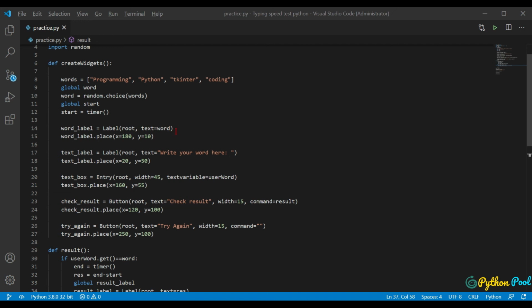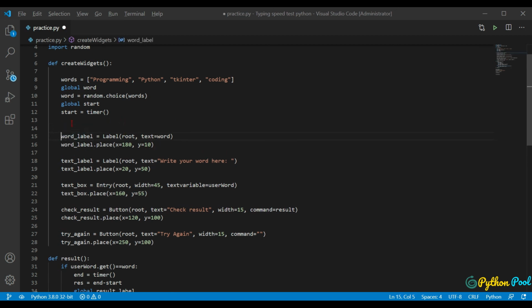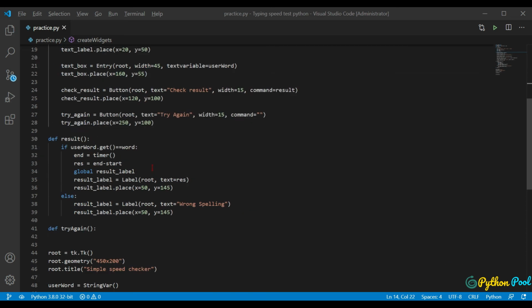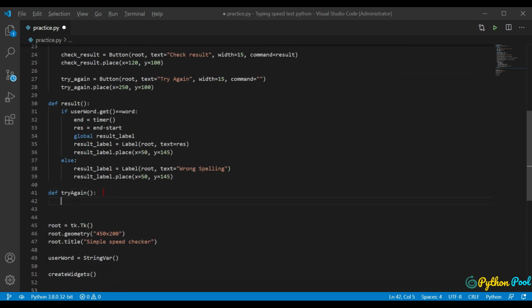Once the user clicks this try again button, we want this to be blank, and then the next word would be inserted in this label. So we also want this word label to be global. And once we are done with that, let's use them here.